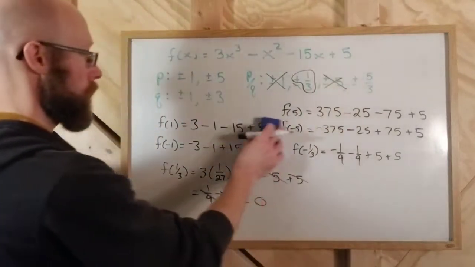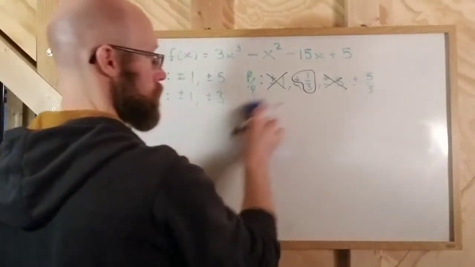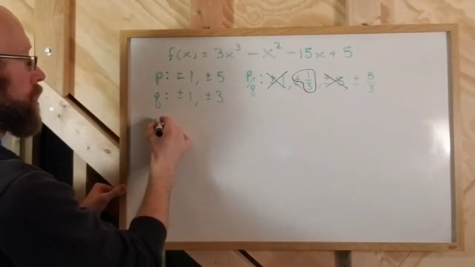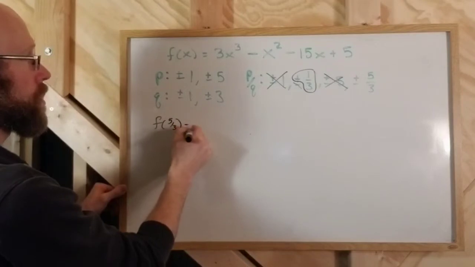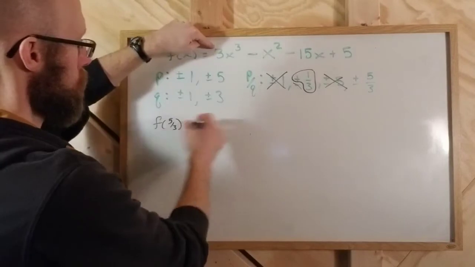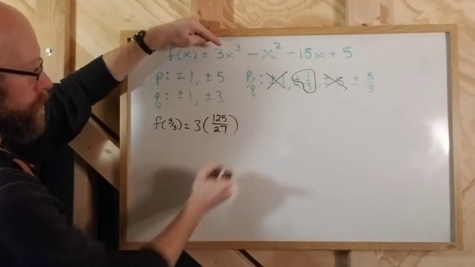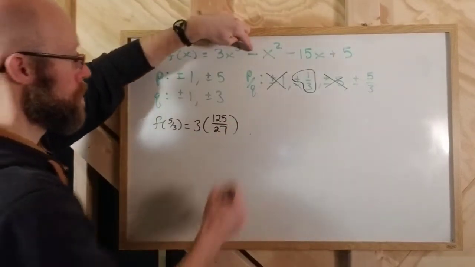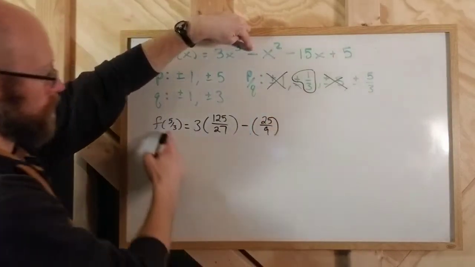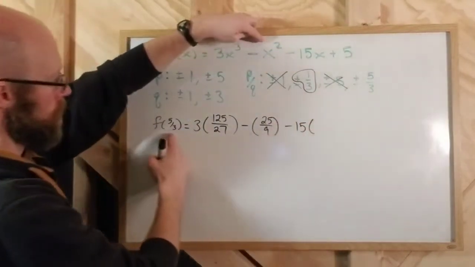There's no guarantee, because I could have repeated zeros, I could have some irrational zeros. So let's just give it a shot and see if 5/3 will work. So that'd be f of 5/3. Wow. Okay, so that's going to be 3 times, what's 5 cubed is 125, 3 cubed is 27, so it's 125 over 27, minus 25 ninths when I square the 5/3, then minus 15 times 5/3,